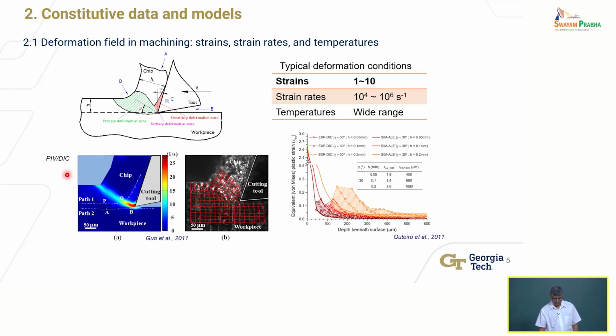Sometimes people also call this differential imaging. It's called DIC, digital image correlation. Digital image correlation is a technique that is used in combination with particle imaging velocimetry that allows you to image and analyze the image using digital image correlation, okay? That is what is done. So there are techniques today that give us much greater insights into what the material is experiencing during cutting, okay?